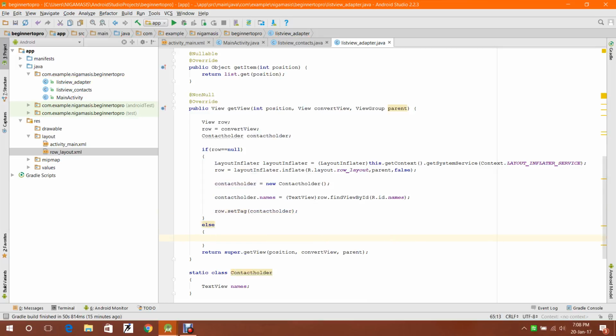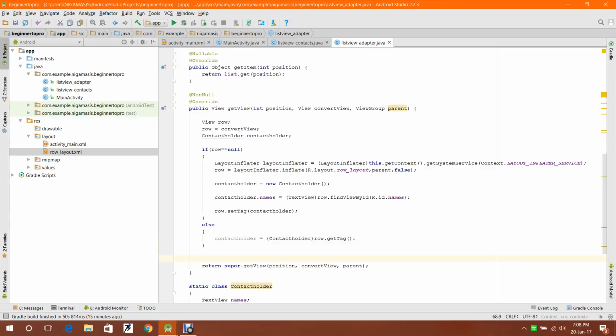Okay, on the else part, contactHolder equals (ContactHolder) row.getTag(). Yep, it's error free. So now after doing this, I will get those names from the contacts. Okay, that is ListViewContacts